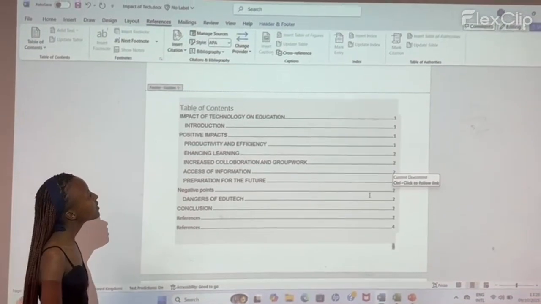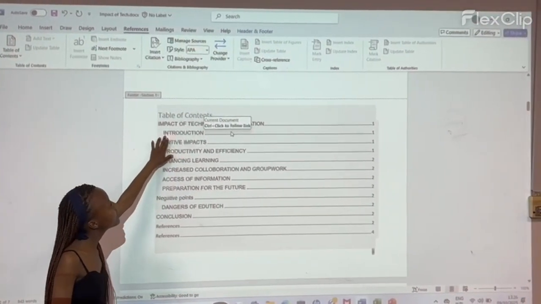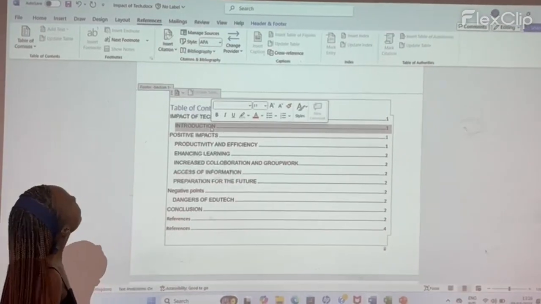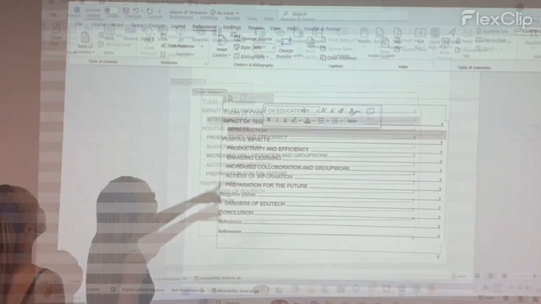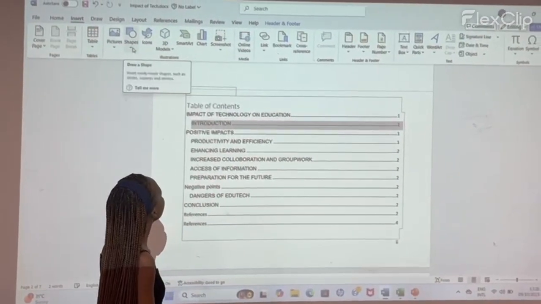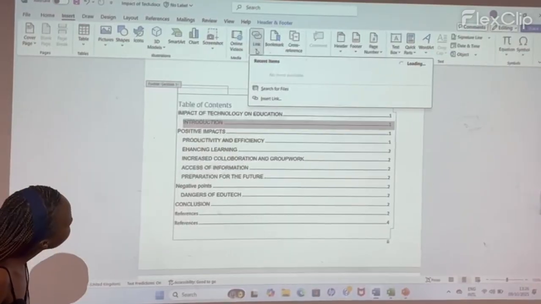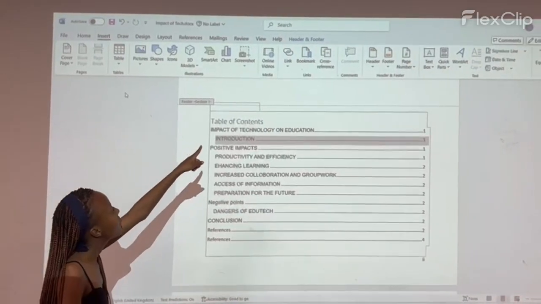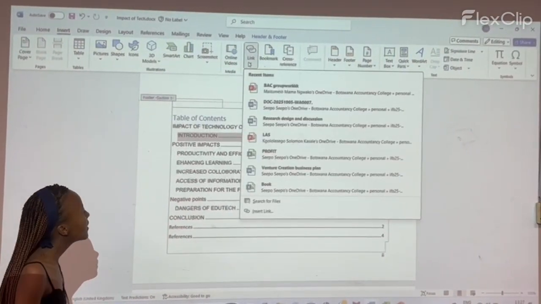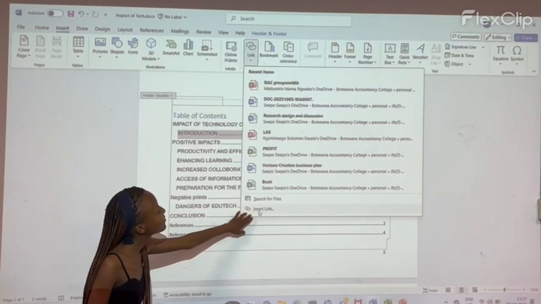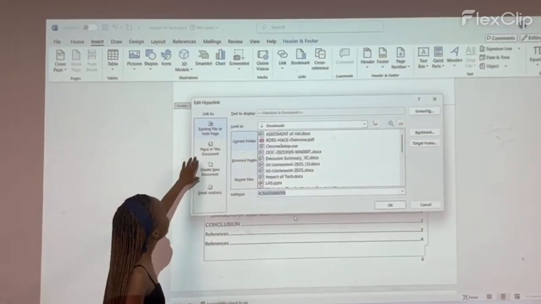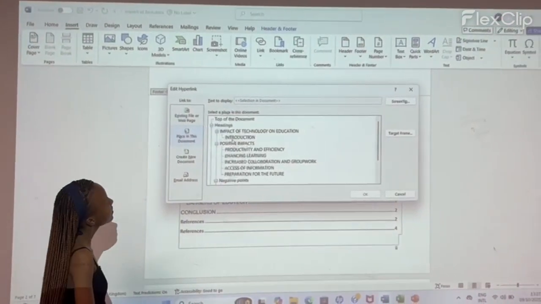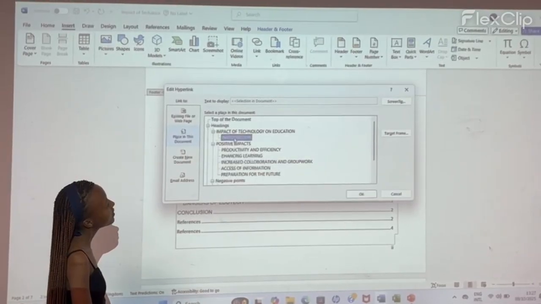To add the link on the table of contents, you're going to highlight introduction, and you're going to go to the insert tab, link drop down, and then you're going to go to insert link, place in this document, and then you're going to choose introduction, click it, and then click OK,